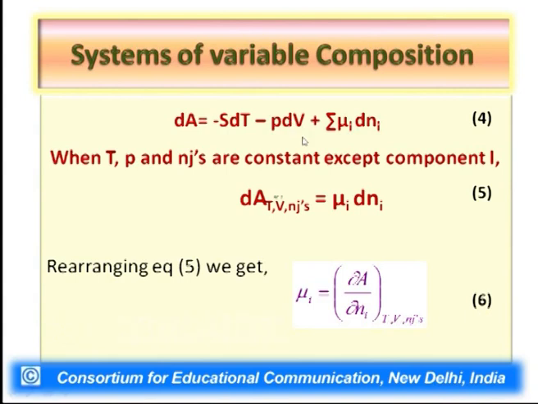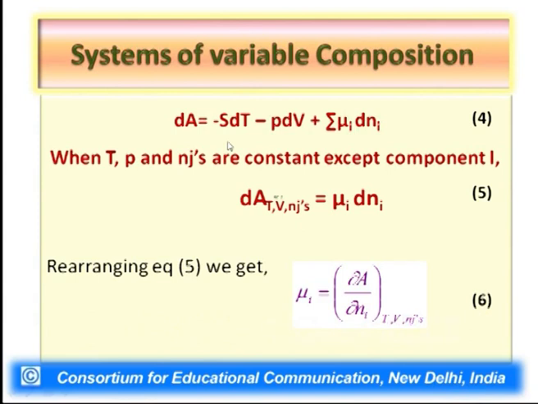In equation 4, we can see that dA equal to minus SdT minus PdV, plus a number of terms which have mu i dNi, for example mu1 dN1, mu2 dN2, mu3 dN3, mu4 dN4, and so forth. If we keep temperature, pressure and the number of moles of all the chemical constituents, the j's,